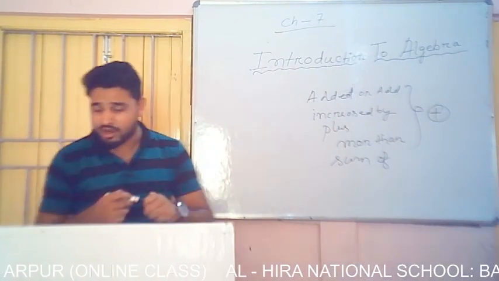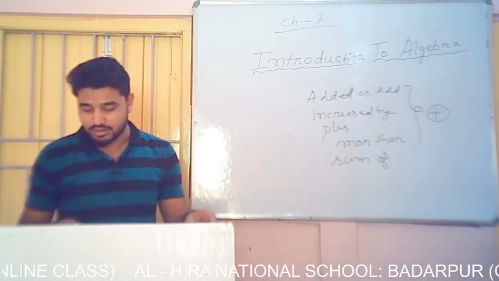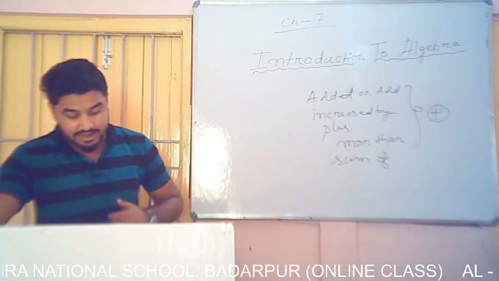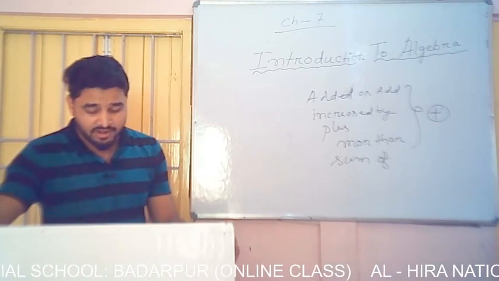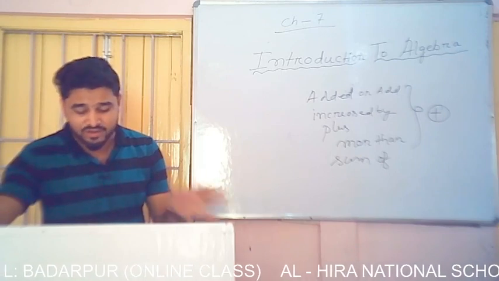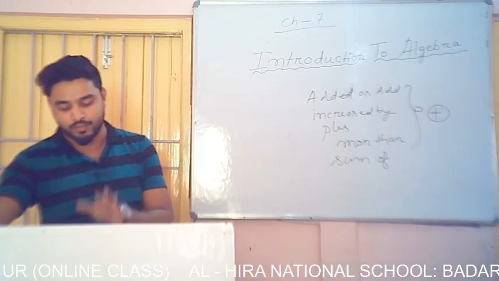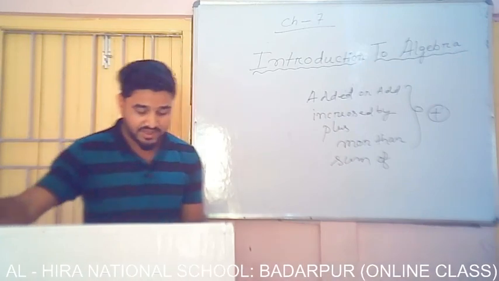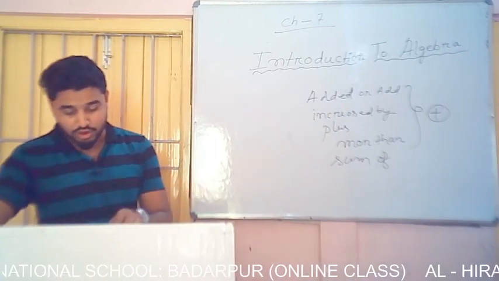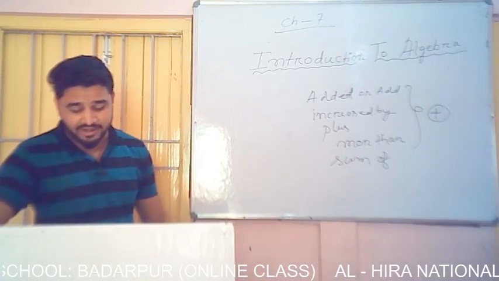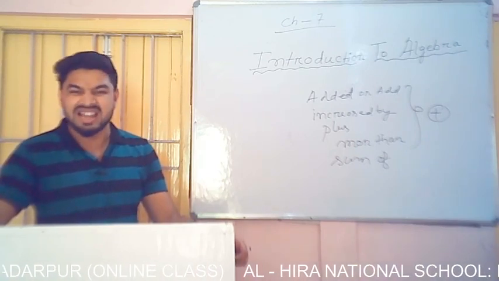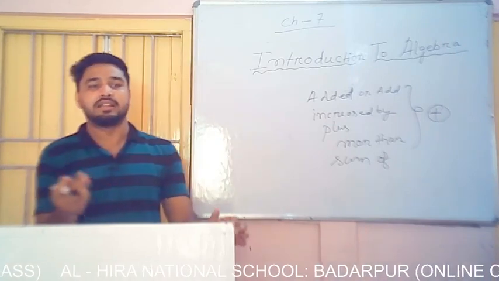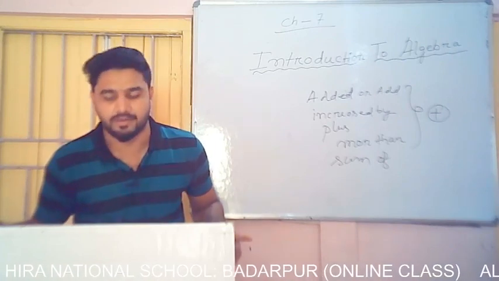You can also see in your textbook page number 139, where operations and variable expressions are given. Go through these and learn them, then it will be very easy for you to solve question number 5, 6 and 7. For minus, you see subtracted, difference, decreased, less, less than, take away. If you get such words, then you do subtraction.